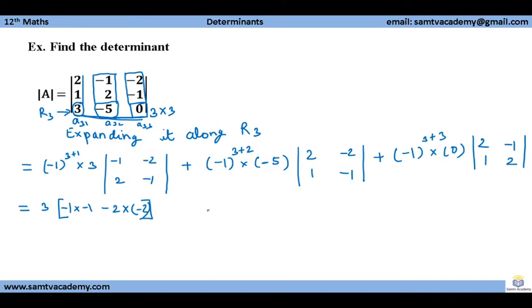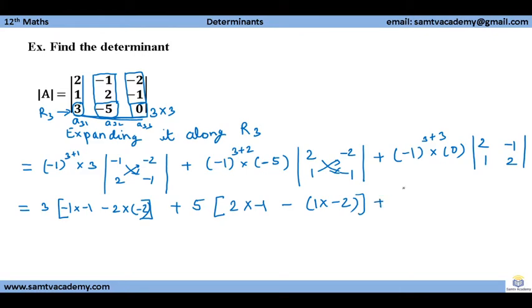2 into -2 plus, now we will see this is 5. It is an odd value, so this will make it negative, but 2 negatives are there, so we will make it positive. So 5 is there. Now 2 into -1 minus 1 into -2. We are taking it like this. Similarly, the principal diagonal and the other diagonal. In this also, principal diagonal, another diagonal. So like this will be the elements.